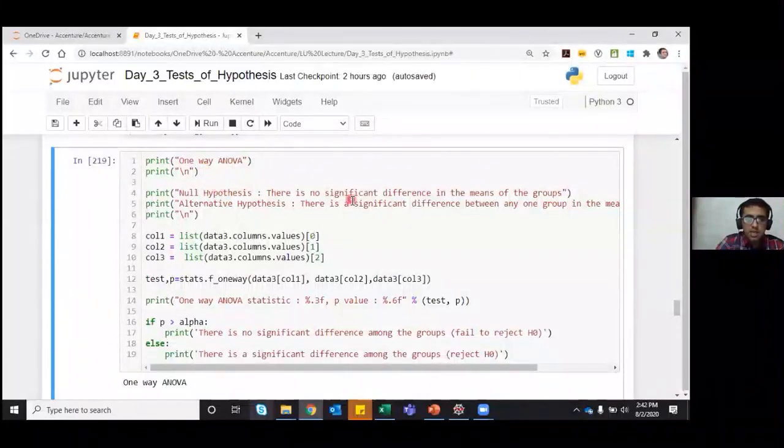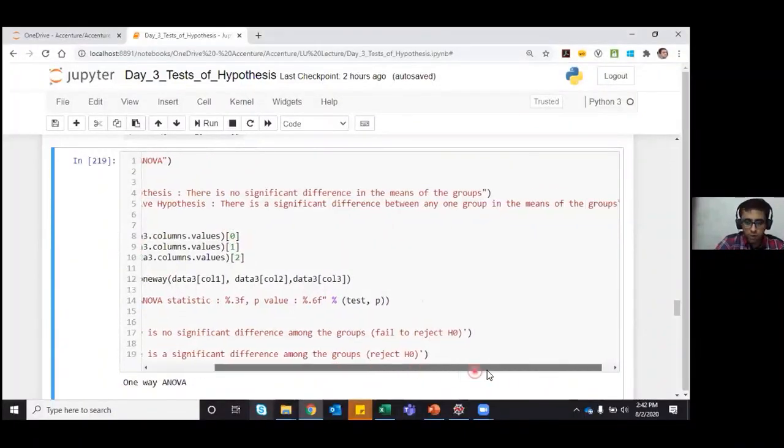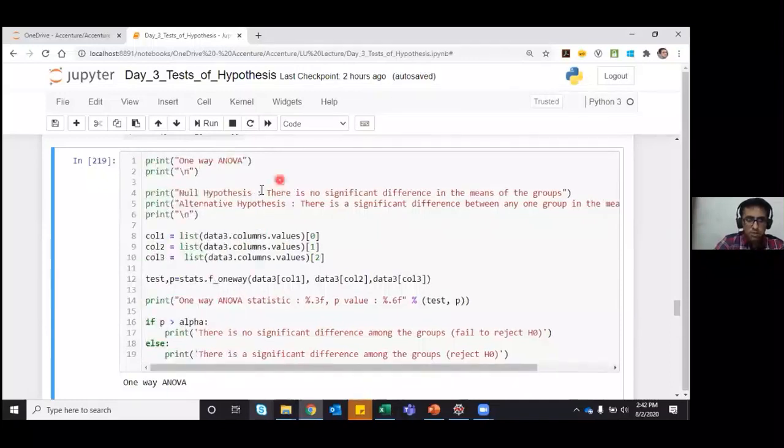Now I have specified the null hypothesis, which is that there is no significant difference in the means of the groups. The alternative hypothesis is that there is a significant difference between any one group in the means of the groups.